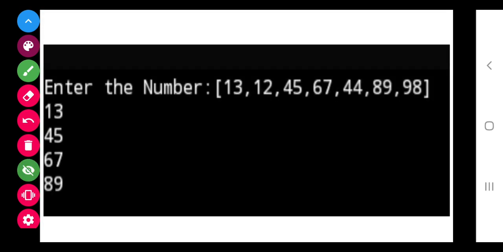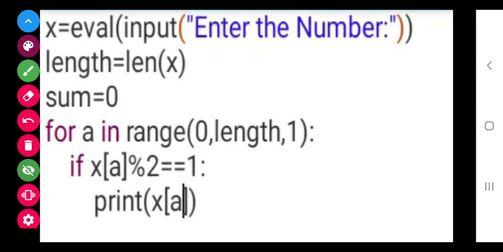Like this is my list and this is odd. This is an odd number, this is an odd number, this is an odd number. Here they are not talking about the odd position, they are talking about the odd element. So all odd elements will get displayed. For that, what we will do is write to enter; this is to count, this is not needed, it is an extra thing.